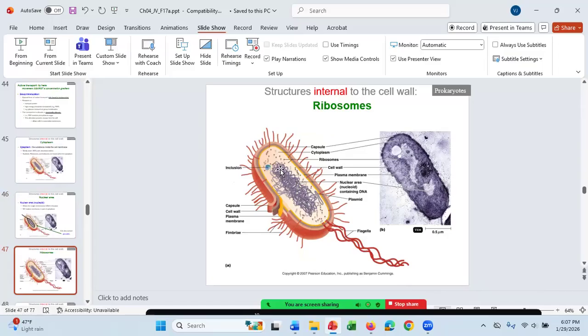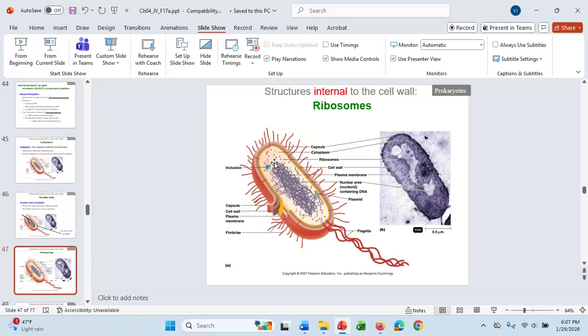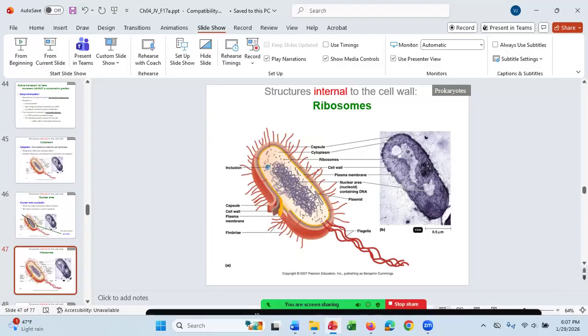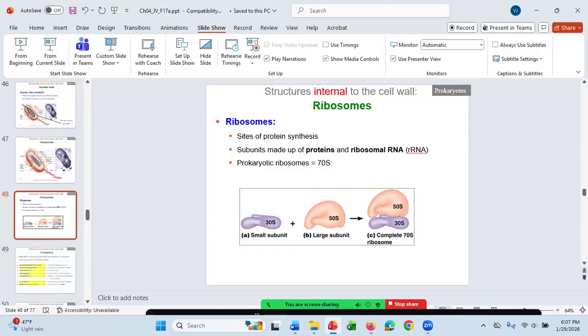Here we're looking at ribosomes, little dots in the cytoplasm. Ribosomes are big enough that they do not go into solution. Remember, ribosomes are made up of rRNA, ribosomal RNA, and then ribosomal proteins. They're the site where proteins are made in the cell. You don't need to know that the ribosomes have different units that make up the ribosome, but you do need to know that the subunits are made of ribosomal proteins and ribosomal RNA.